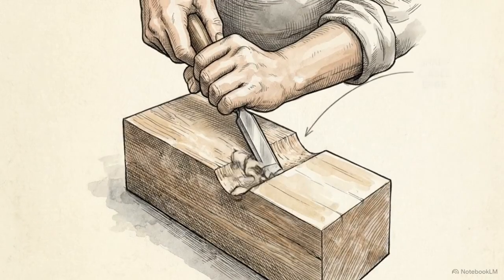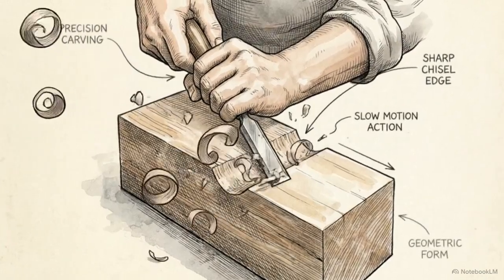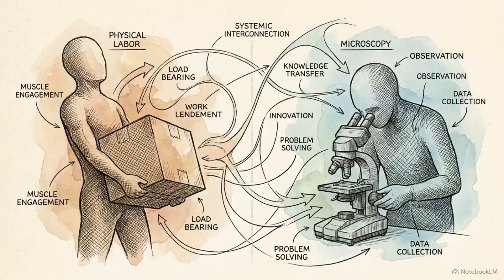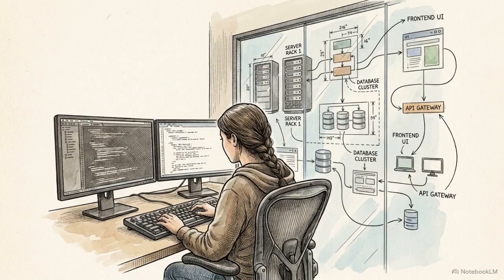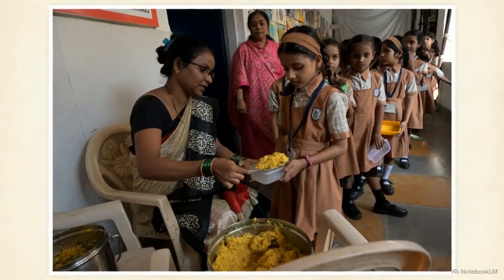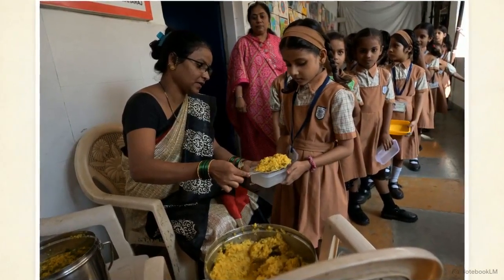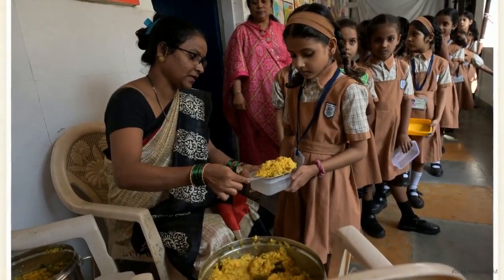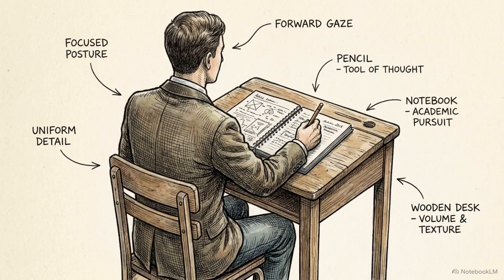That intervention is labor, the physical and mental effort required to manipulate raw materials into a finished form. Economists distinguish raw effort from human capital, which represents the specialized skills, knowledge, and experience a worker brings to a job. Public investments directly build this capital. Initiatives like India's midday meal scheme provide the nutritional support necessary for students to attend school and develop the cognitive abilities required for a modern workforce.